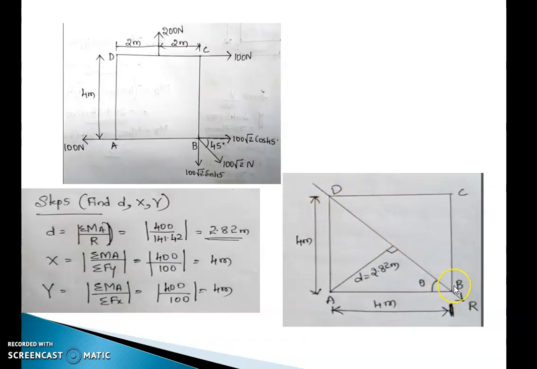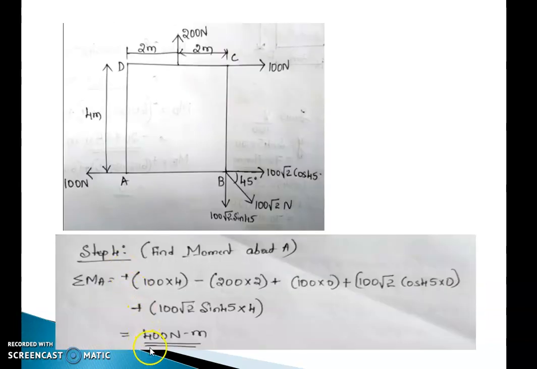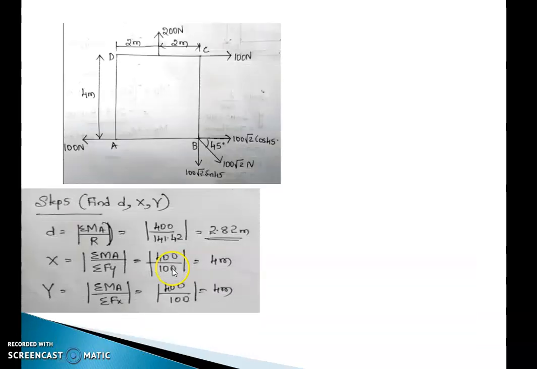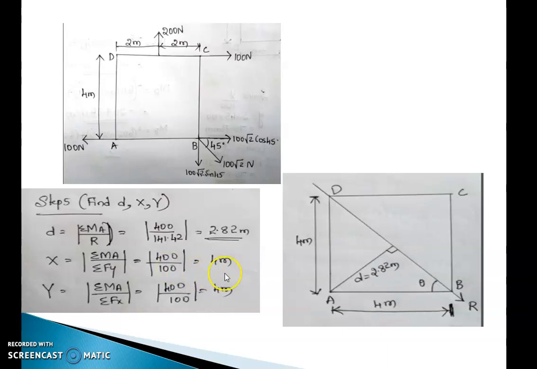Now, how to put the direction? Is it a downward direction or upward direction? About point A, the moment is plus 400 Newton meter, so the moment is clockwise. So it is a downward direction. Fix a point at A and apply the force, and the entire thing is going to rotate in clockwise direction. So it is a downward direction. If that answer had been minus, it would indicate an upward direction. Okay, thank you.